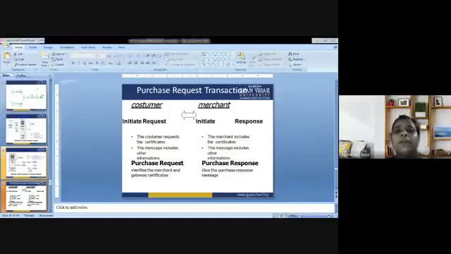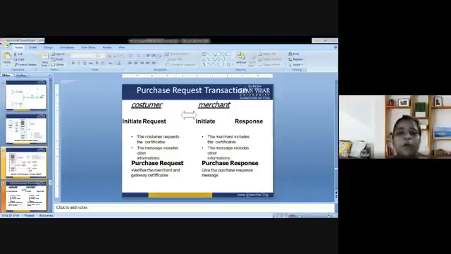Third could be merchant bank checks with the issuer for payment authorization. Next is issuer sends authorization to the merchant banks. Next is merchant bank sends authorization to the merchant. Next is merchant completes the order and sends confirmation to the customer. And next is merchant captures the transaction from their bank. And last is issuer prints the credit card bill invoice to the customer.